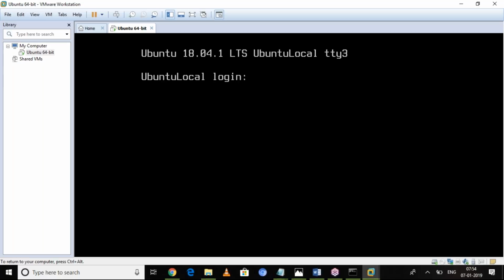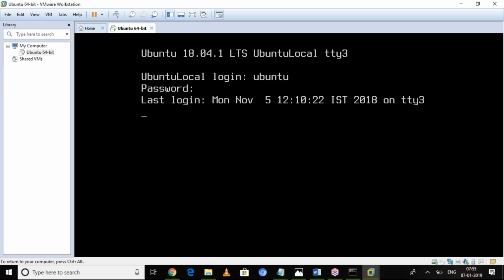Here it is asking for a second user. So here I am connecting like this. Ubuntu is my username. Then the password. I have submitted the password.